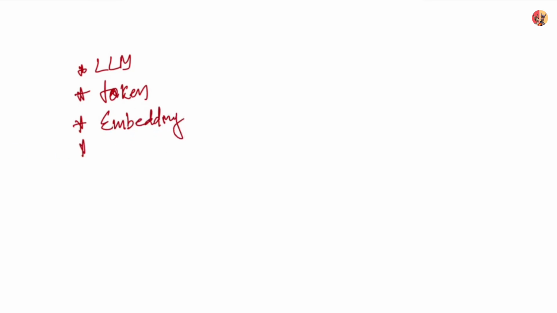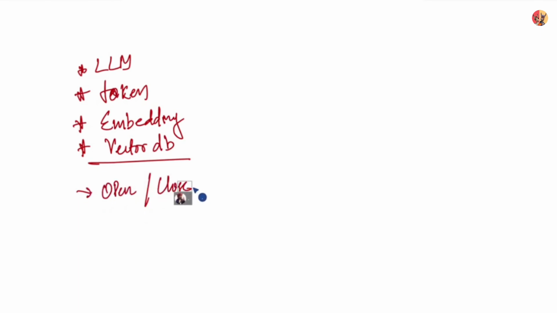So today we'll be talking about LLMs. We'll go a little bit deeper around what a token is and who decides tokenization. We'll also talk about embeddings and then get a little glimpse of VectorDB. Then we'll talk about open source versus closed source models, when to use each, and how it impacts a design engineer. We will talk a bit about how to stay aware of LLMs and the ongoing developments happening around this space, how a design engineer can use these models, and how to identify which models should be used for their